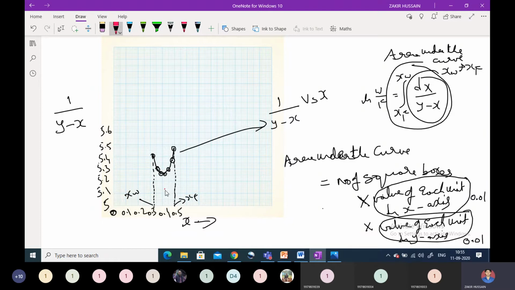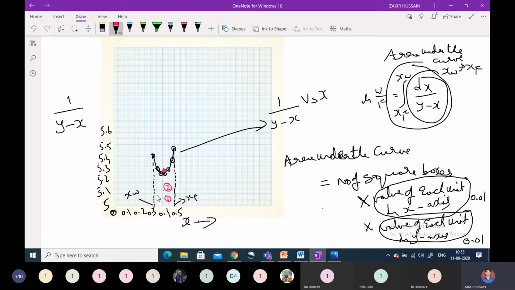If you see this one, this is a complete square box. So one complete square box, we can label it as one square box, and this is also one complete square box. We can take this as two square boxes. Now this is not a complete square box. Here this fraction is missing, and here also this fraction, not a complete square box. So from here to here we have to apply some approximations. If you see, this is some 3/4 part.